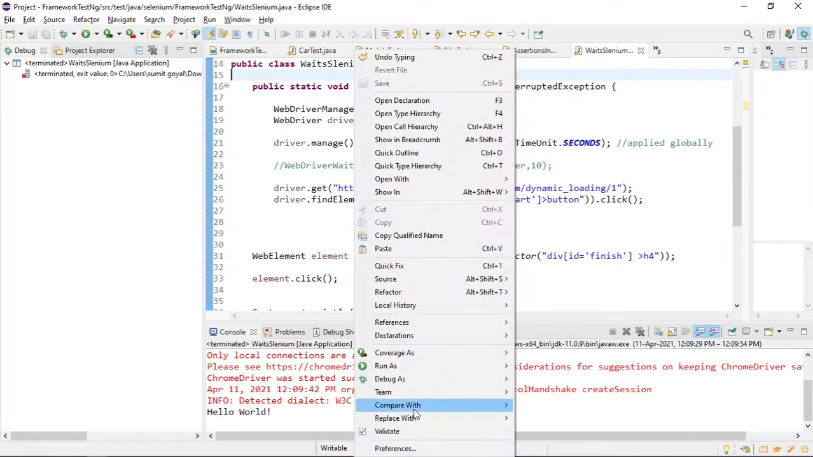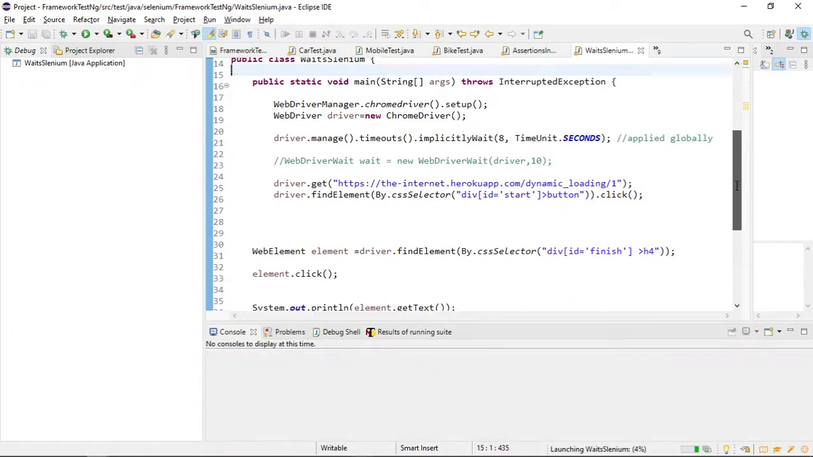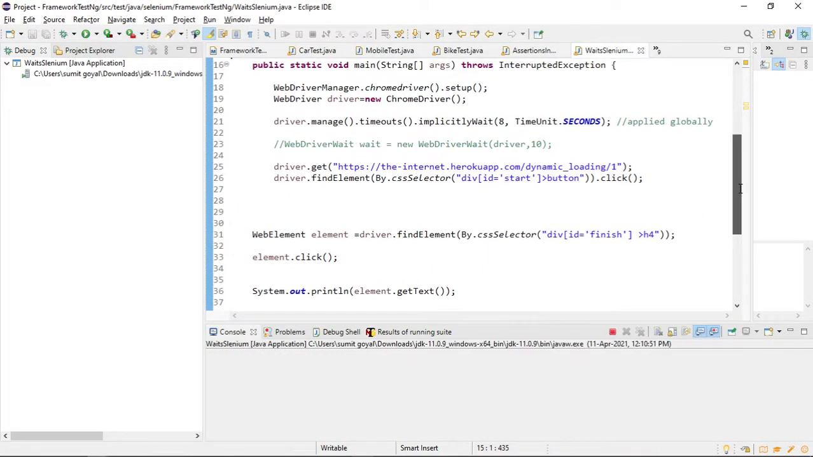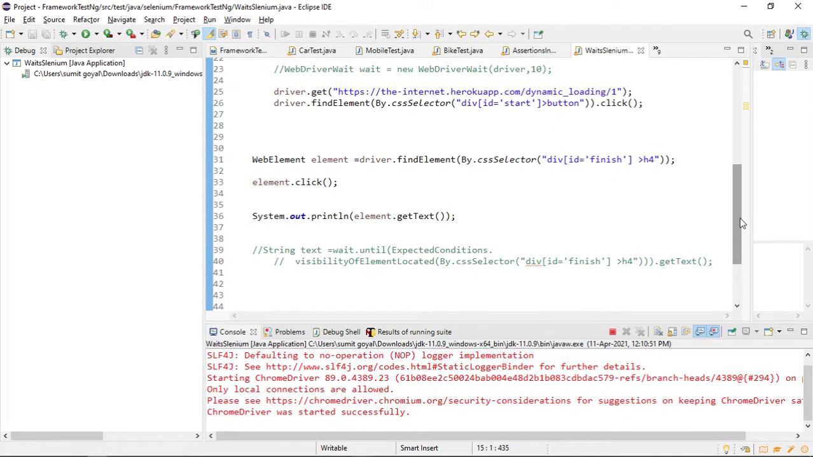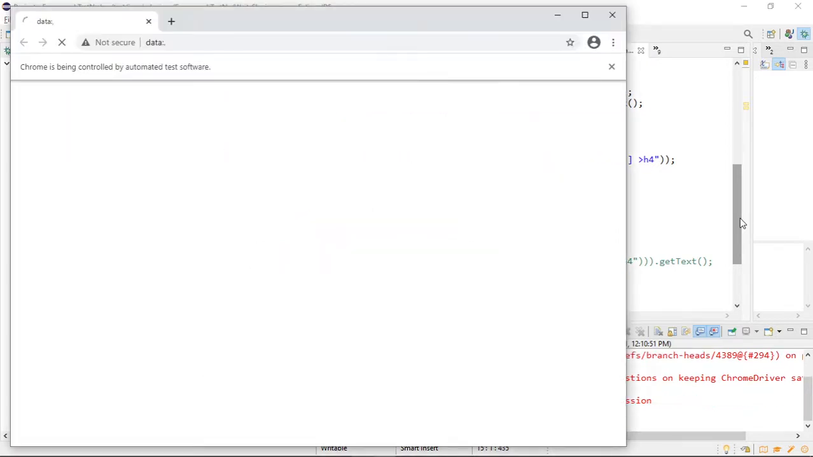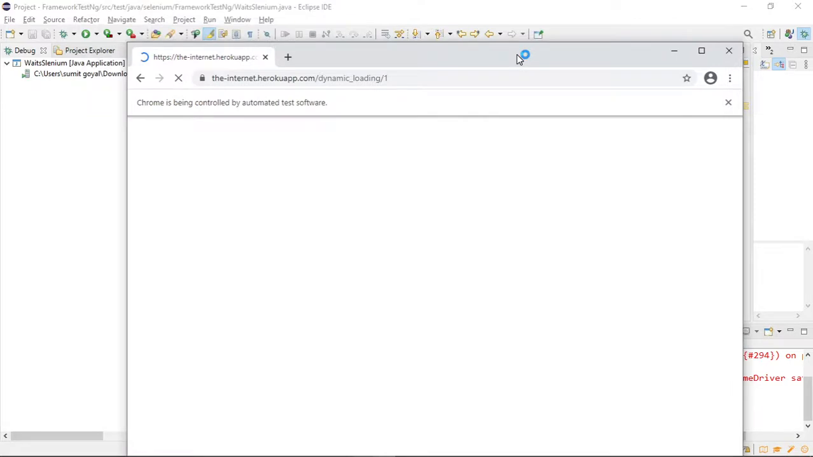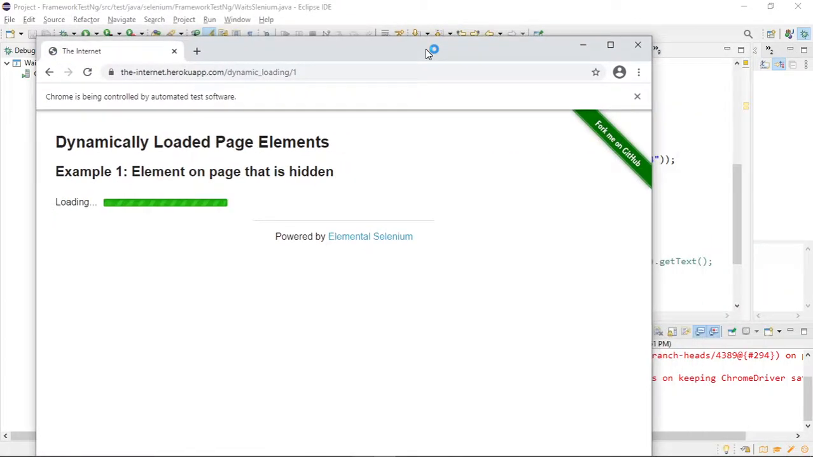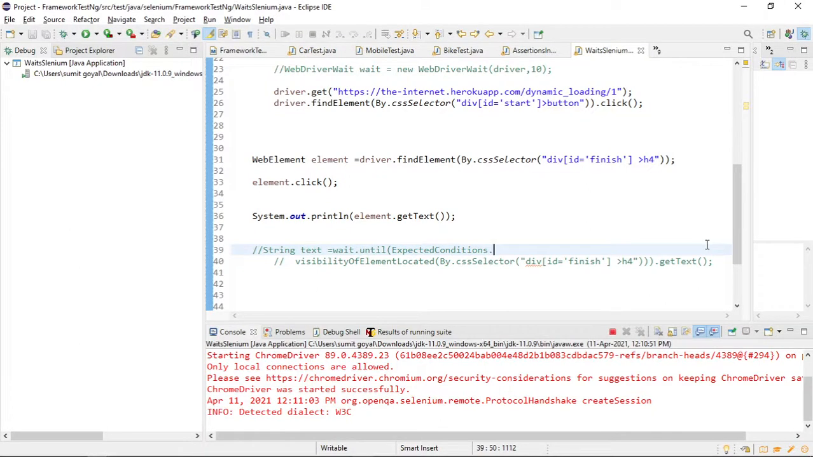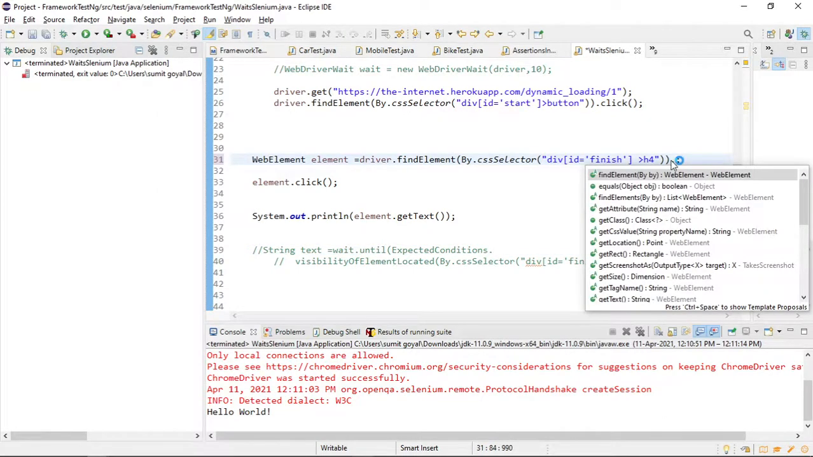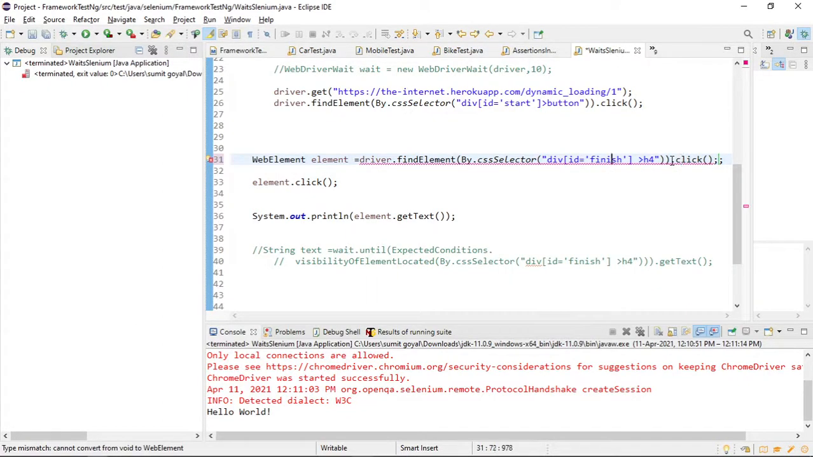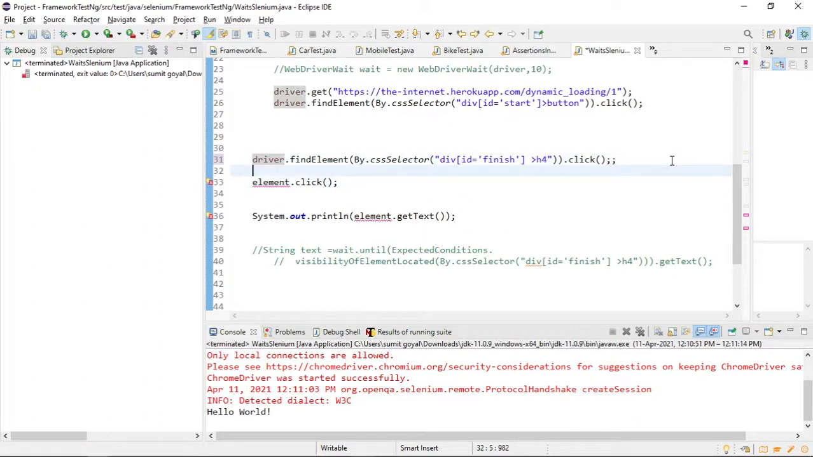If I run it again, earlier I remember it was not working. Or if I do like this, dot click here only. If I do string,